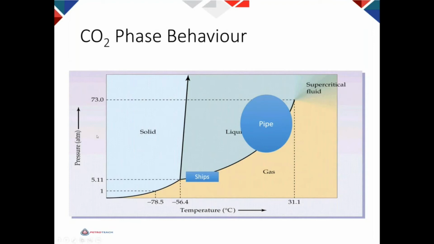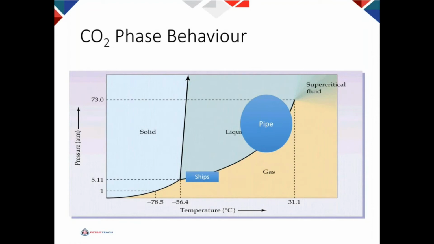This is the phase behavior of CO2. You can see that the triple point is -56.4, and the critical point is 31 degrees and 73 bar. You can see that the system can go within the critical point, and as you know,